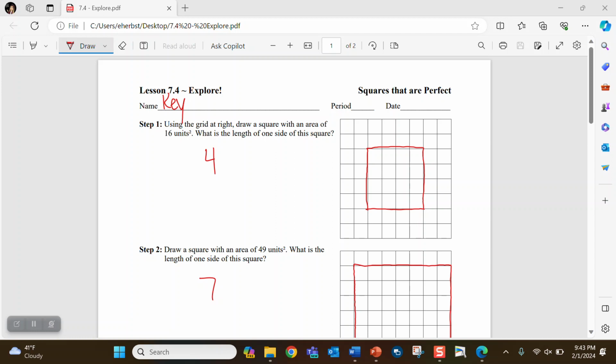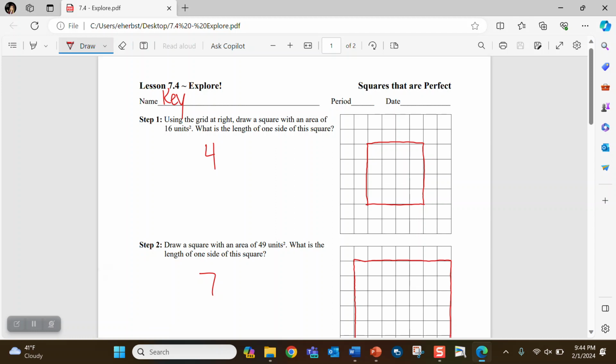Step 1 asked you to use the grid at the right to draw a square that has an area of 16 units, and then to write what the length of one side of the square is. What we know about a square is that all four sides are equal. So as you're practicing drawing a square with an area of 16 units, hopefully you found that a square that had side lengths of 4 would give you an area of 16 because 4 times 4